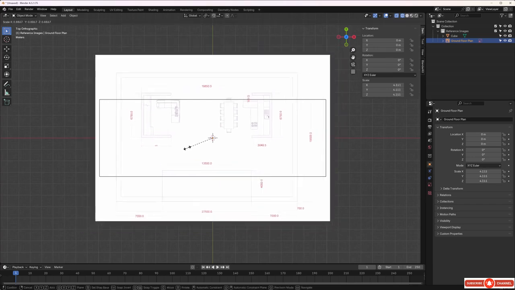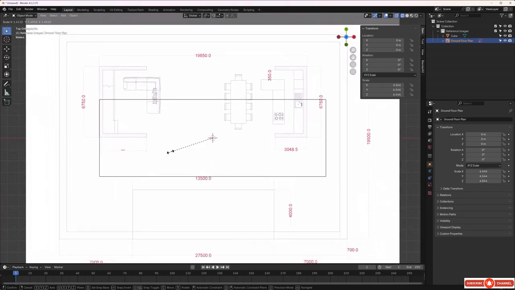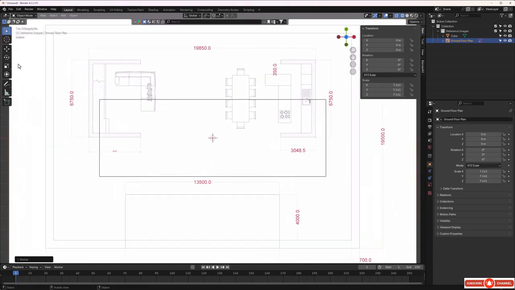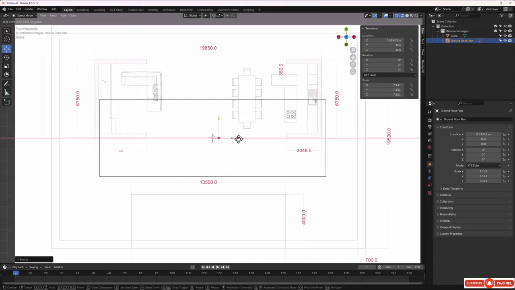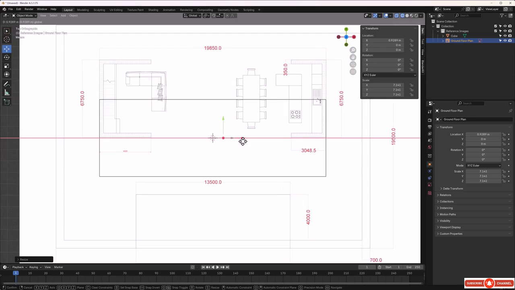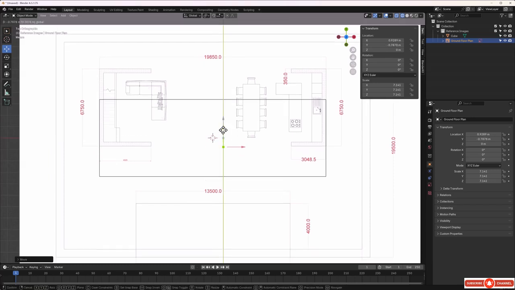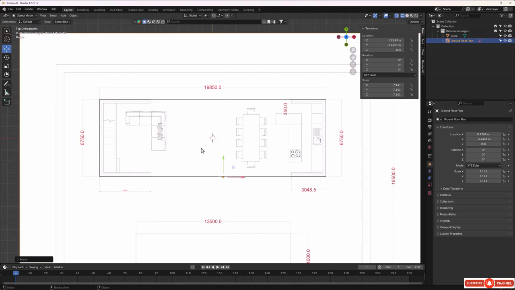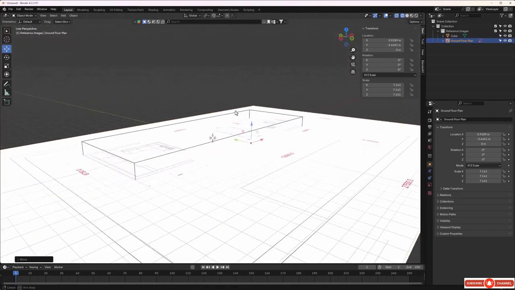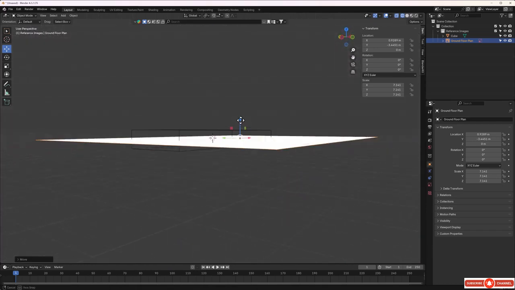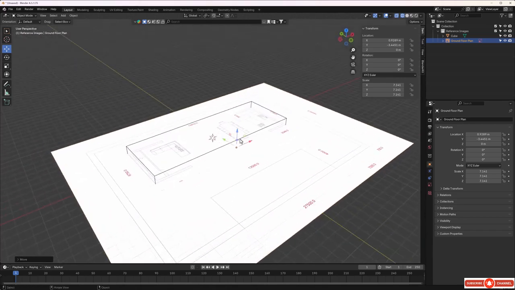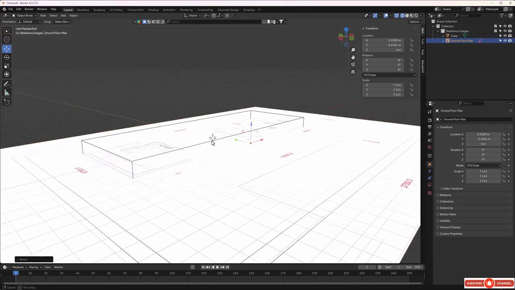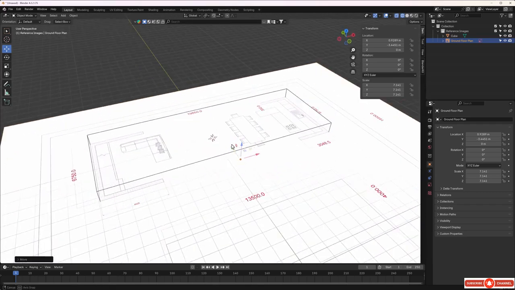So I'll hit S and I'll scale it up a bit more. I'll make sure that the move is selected, and I'll bring it over on the X axis. And actually that's really good already. I'll bring it down on the Y. And there we go. That's good. That's actually perfect. That's great. So now really we need to know the height of this cube, and it's not shown on this